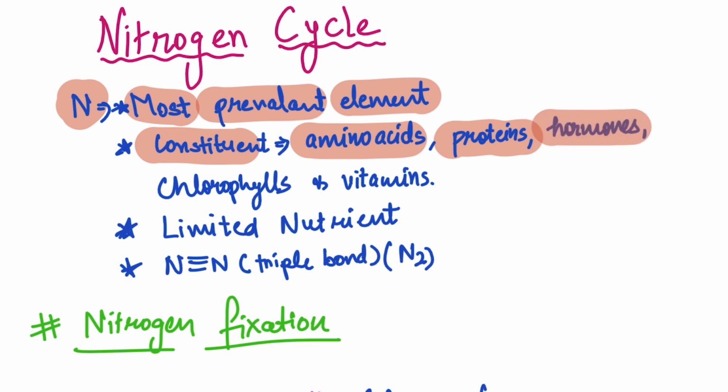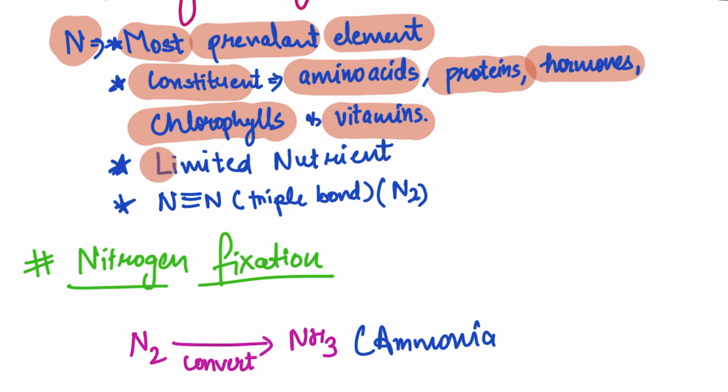Hormones, there are many hormones in which nitrogen is a major constituent. Chlorophyll, right? And vitamins. So these are the structures: vitamin, chlorophyll, hormone, protein, minerals, in which nitrogen is found as a functional group. Okay. Nitrogen is a limited nutrient. Why? Because